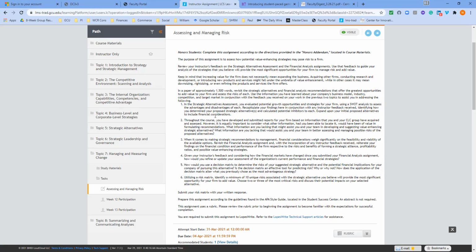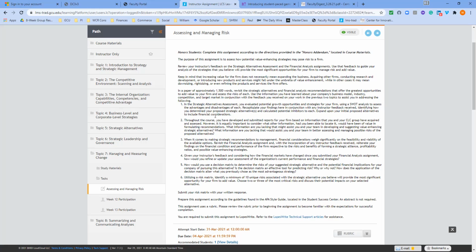Assessing and managing risk. So if you're my honors student, you know who you are. Please note the top line. It says complete this assignment according to the directions provided in the honors addendum located in the course materials. So please make sure you do look at your honors addendum when you're completing this if you are an honors